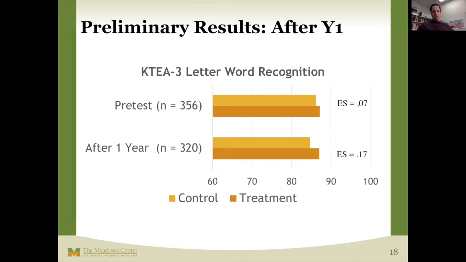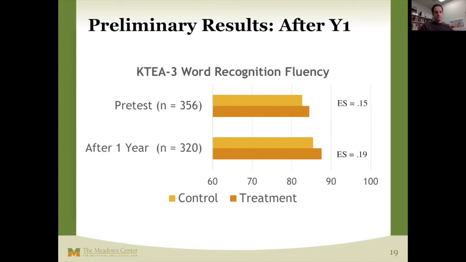As you can see, there were small non-significant differences between treatment and control at pre-test, favoring treatment. After year 1, you can see there's a little greater effect size between treatment and control. However, this p-value was above 0.05,